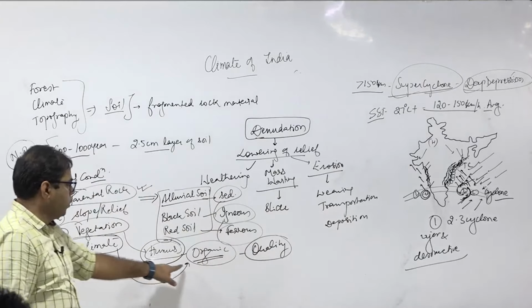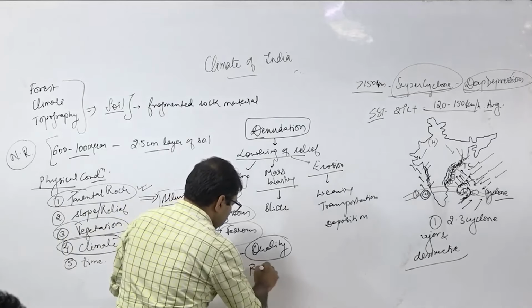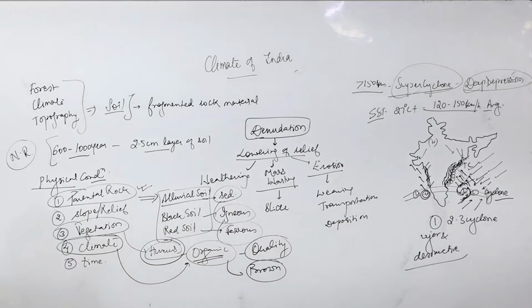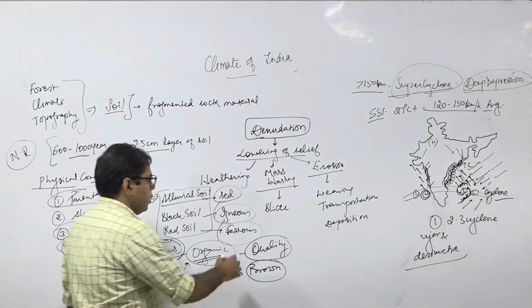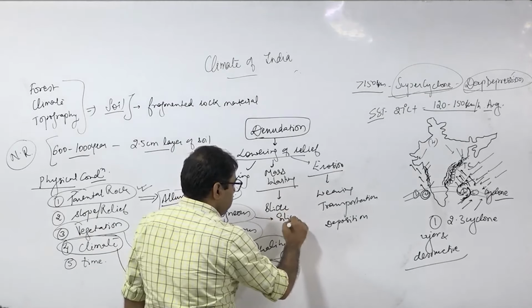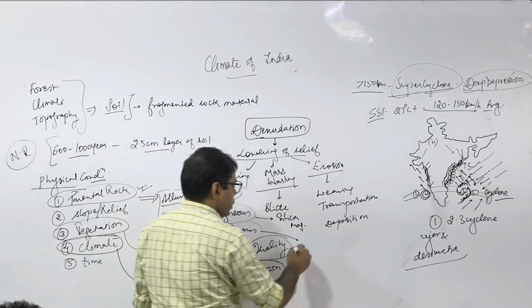The color of the soil will also change because of this organic matter. So this will turn into brown because of decomposition of the organic matter. More of the presence of the organic matter and decomposition will make the soil brown, right. So accordingly, this soil will have the minerals. Igneous soil will be rich in the minerals like silica, manganese. This ferrous rich soil will be rich in the iron.